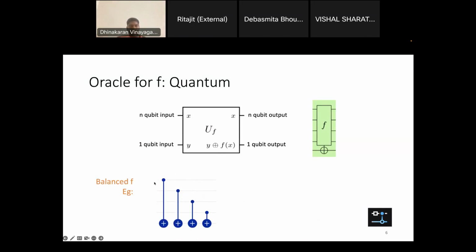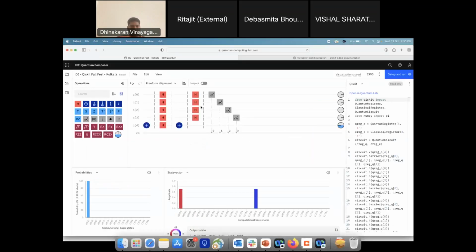So what this oracle does is it's almost like a parity function, right? It outputs 0 if all qubits are 0. Trying to have a general way of explaining this: if there is an even number of ones, then you get a 0, and if there is an odd number of ones, you get a 1. That already separates all possible states into half of them outputting 0 and half of them outputting 1, right? So this is one example of a balanced function, and this is the oracle for it. Okay, so what I will do is just